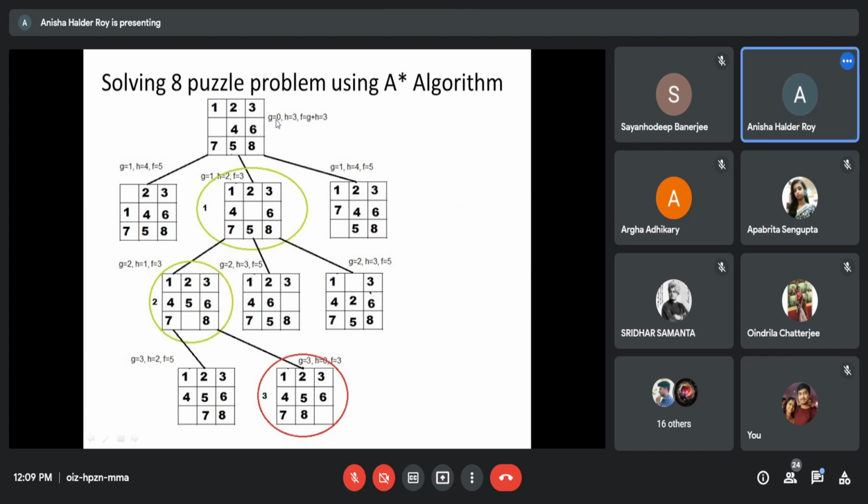Fine. Now second, the blank can be moved upward, right and down. ঠিক, this blank space can be moved upward move করে, this is the tile position. Rightward move করেছি, this was the tiles position. Downward move করেছি, this is the tile position. ঠিক আছে?